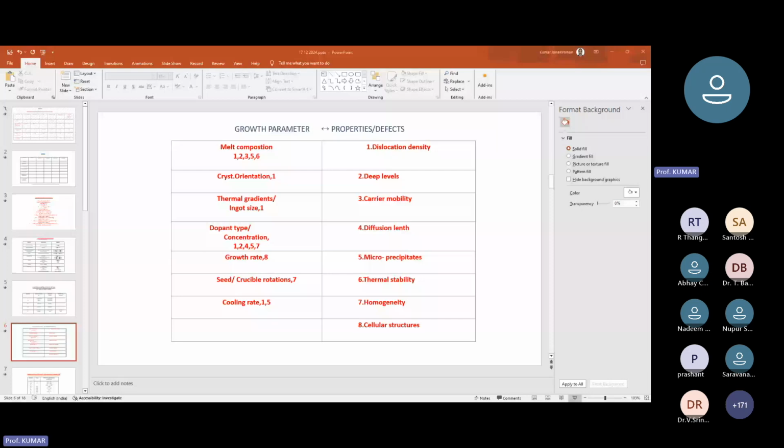What are the ideal conditions for crystal pulling? The material should have a good melting point, or what is called a congruent melting point. That means it should have only one unique melting point, and then it should have a relatively good thermal conductivity,